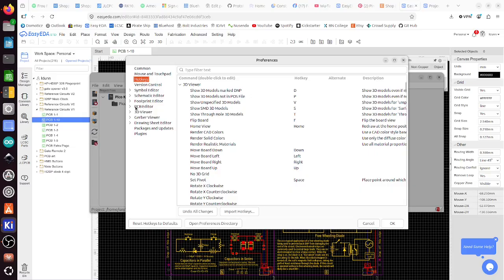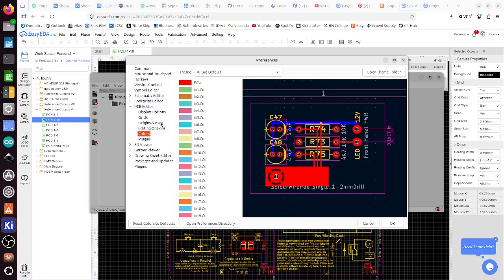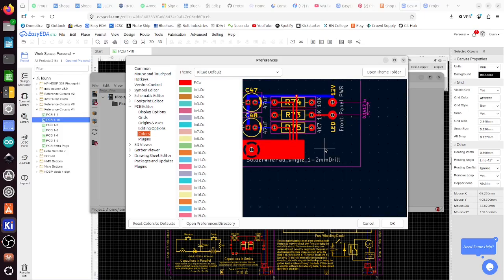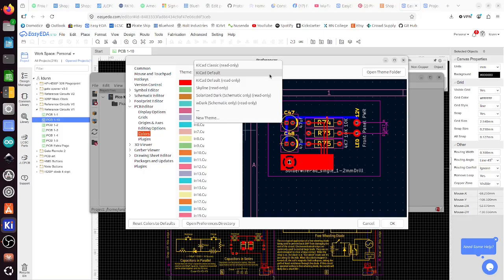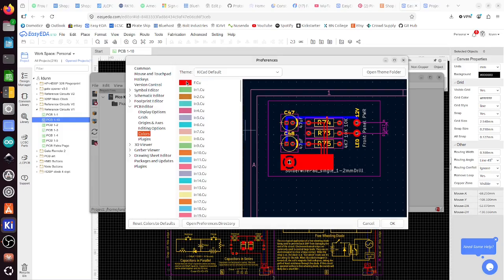Changing the colors in the PCB editor, that was a must for me. I'm just too used to looking at EasyEDA's colors, so you can make fun of me if you want for setting KiCAD to look like EasyEDA, but that was just easier to look at for me. So yeah, here's the KiCAD default theme. But for example,